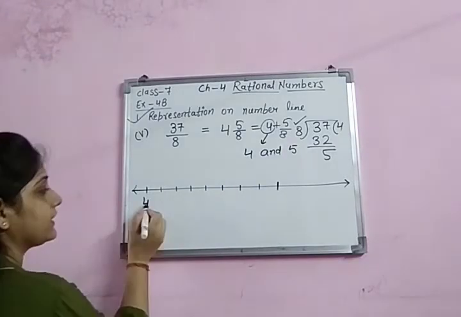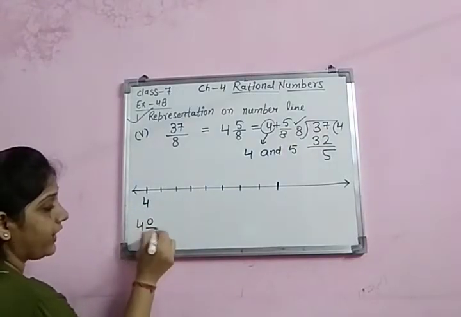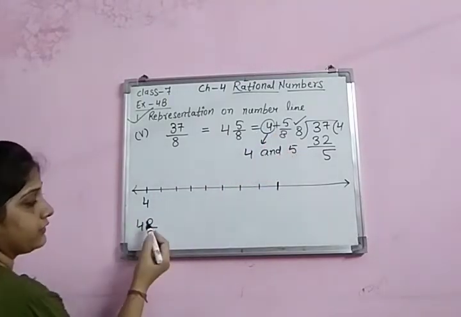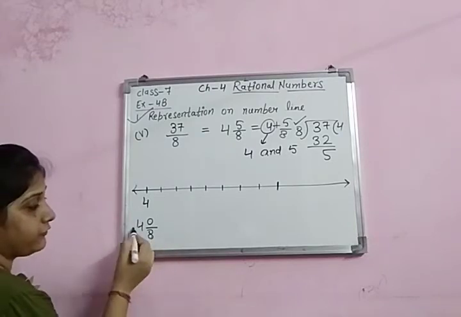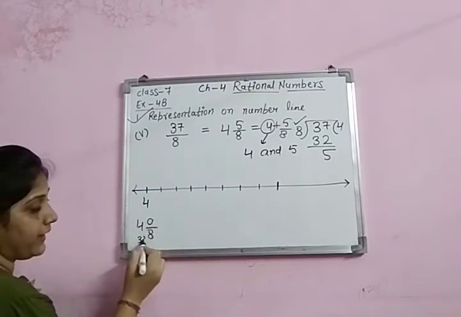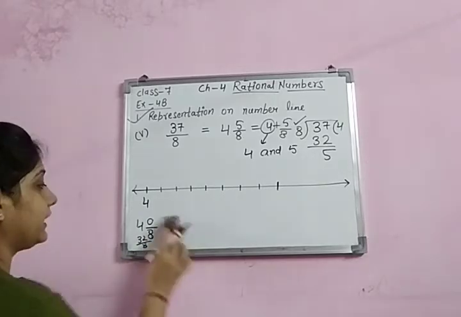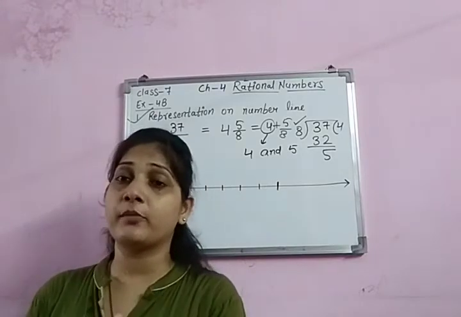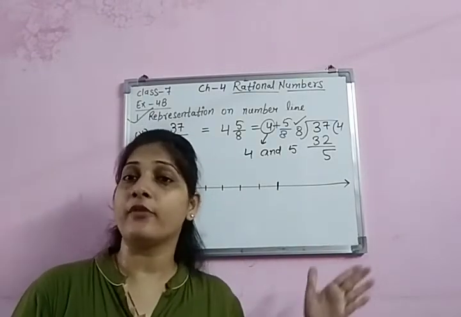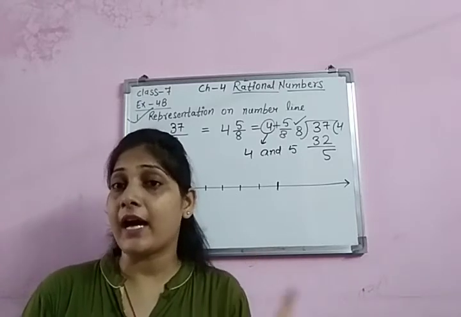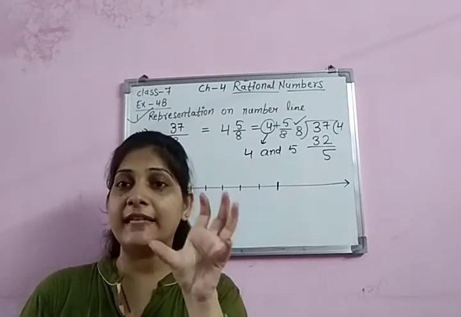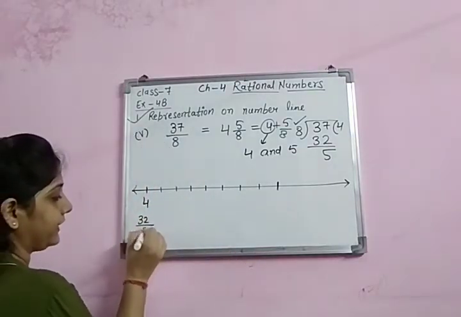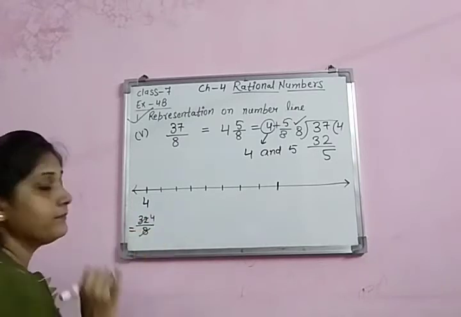Okay, let me show. Suppose this is 4. So how do we have to write it? 4 is a whole number and this is 0 by 8. 0 by 8 I am doing. 8 fours are 32 plus 0, 32 by 8 only. Agree? It is 32 by 8. Because if you make the number line like that, 1 by 8, 2 by 8, 3 by 8, 4 by 8, it is out of your page. So we have to magnify our number line. We have to show only that portion which we need. So 4 can be written as 32 by 8. Agree? Because when we cancel, we get 4.